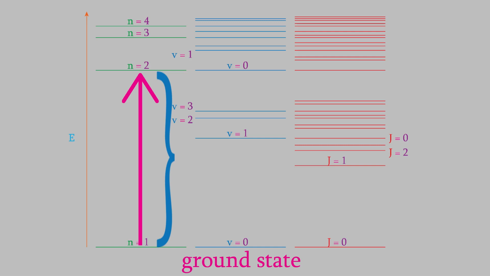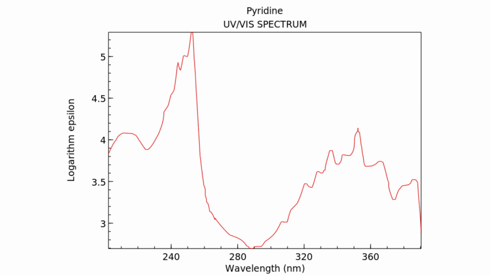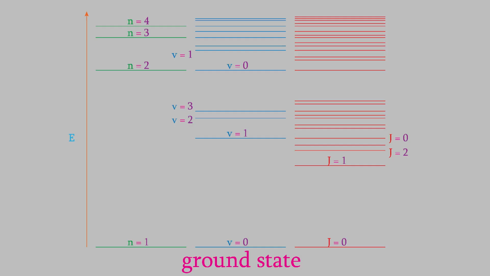This often requires photons with a visible or ultraviolet wavelength. For that reason, we use a UV-Vis spectrometer to detect transitions between the electronic energy levels of a molecule. Meanwhile, the vibrational energy levels are spaced more closely together, so it doesn't take as much energy to cause transitions